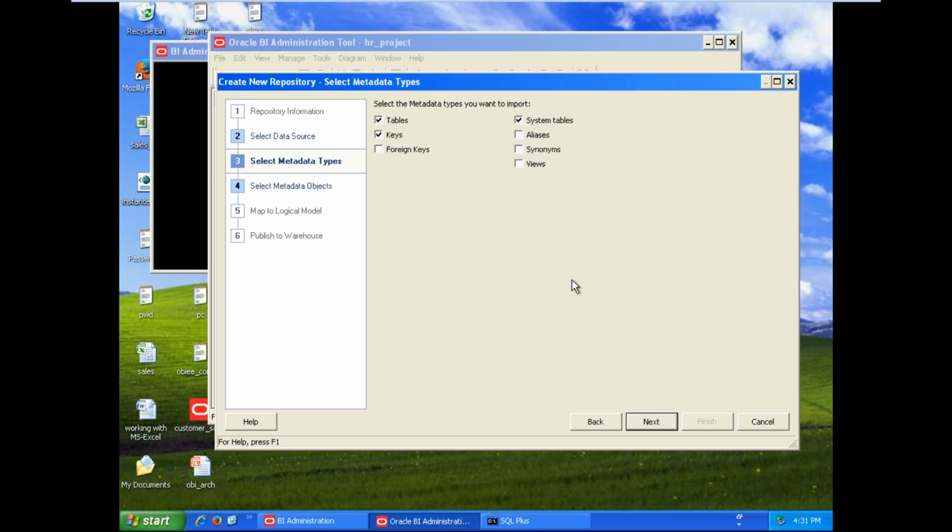If some tables are available at the admin level and you want to import them, then you can enable system tables. Otherwise, we don't want to enable. If the required objects are available in the current user, not in other users, then we don't want to enable system tables. Next, another one is aliases. If you enable this alias option, actually in the database we have synonyms.